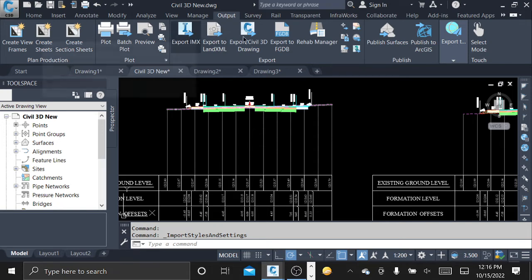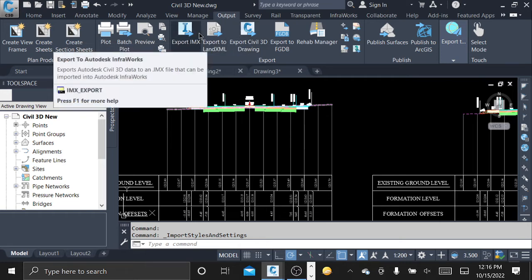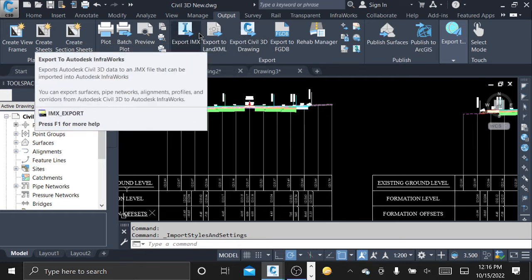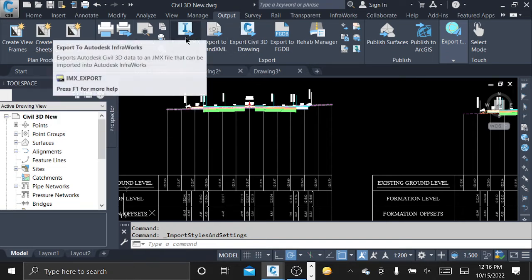Then we have exporting. Now here we can export different file formats. You can export to InfraWorks. I don't know how many of you know what InfraWorks is. By show of hands, do any of you know the software called InfraWorks? You've heard of it? Okay. So InfraWorks